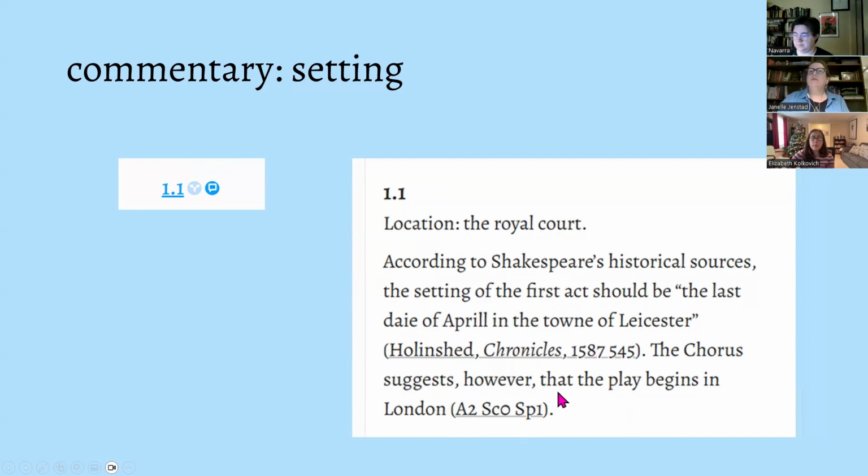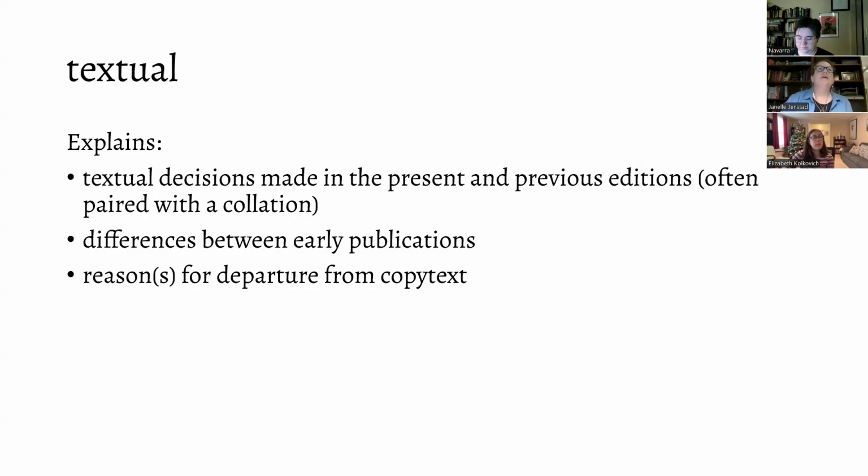You can also point to other parts of your own text. So this is a good example of that. Often we don't even discover where we are on stage until we're a few lines in, or maybe a few speeches in. So the editor is pointing to the evidence in the play that tells us where this action is meant to be taking place. So the point there is that you can point to other parts of your text in the annotations.